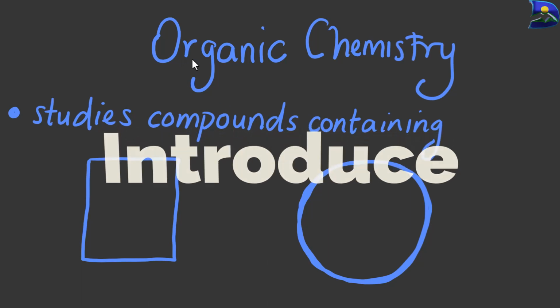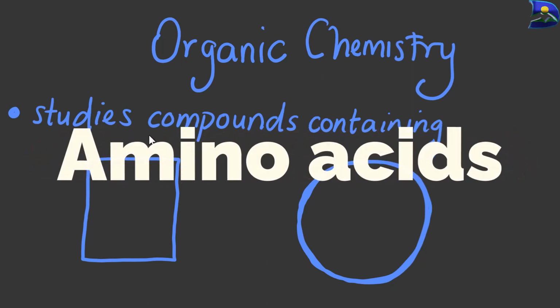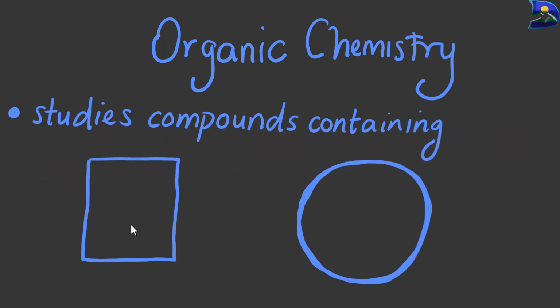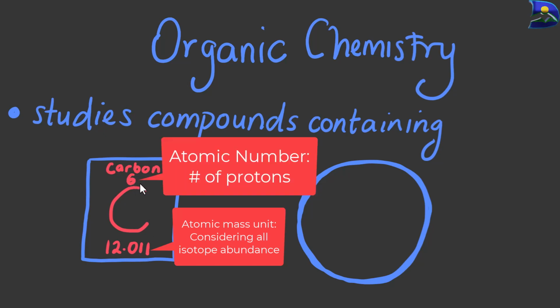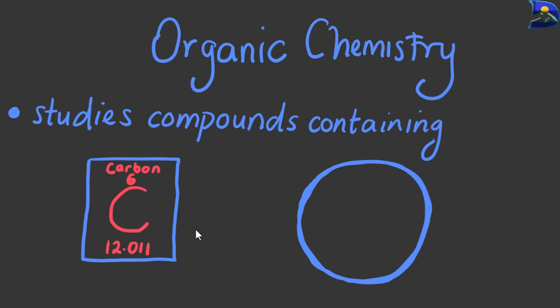Now, you know that organic chemistry is the study of compounds that contain what? Carbon, whose atomic mass unit is 12.011 and atomic number is 6. Its symbol is represented as C. Now, where 100% of the interaction or bonding is between carbons, you can have it either in single, double, or